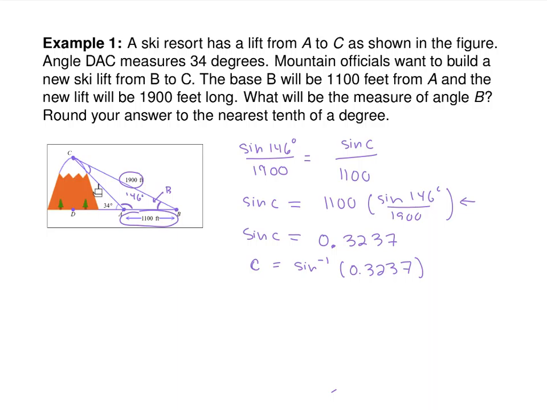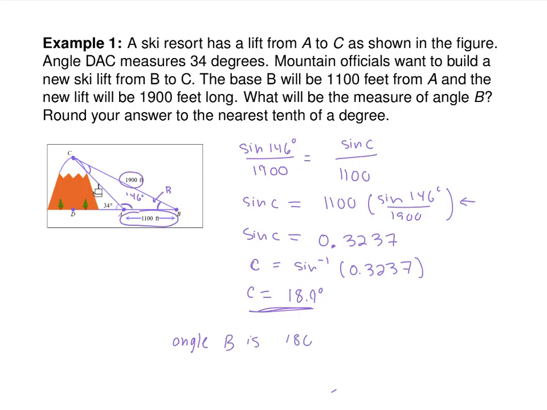One thing that Alex tells you to do is to use 4 decimal places when you're rounding in the middle, and then round to 1 decimal place at the end, which will make your answer more accurate. So what did you get when you did sine inverse? 71.11. Really? That's pretty good. I got 18.9. Oh, for the angle, okay, I'm sorry. You're still one step ahead. Yes, so angle C is 18.9. And so angle B